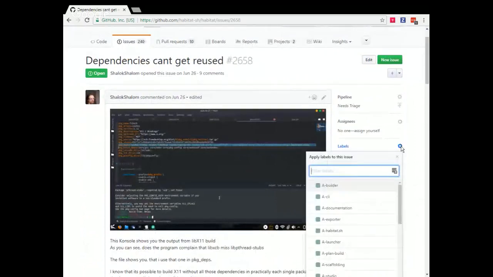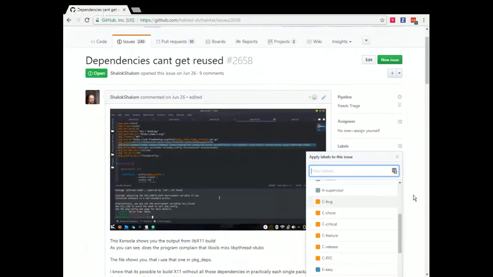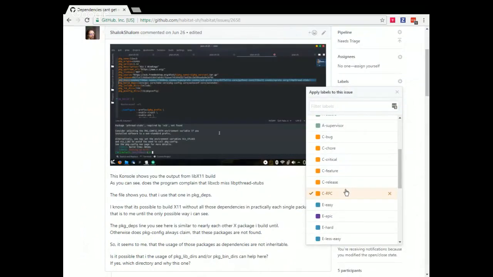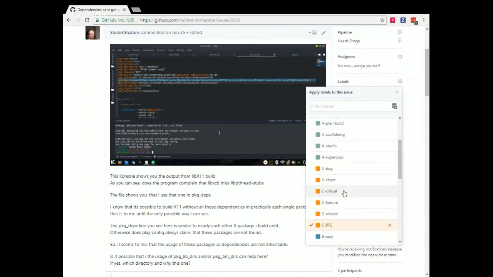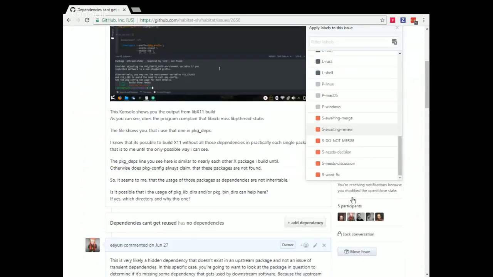For now, what I'm going to do is I'm actually going to flag this as an RFC because I think a change like this would end up being kind of sweeping. And I don't know if we know how we could actually do this without affecting the purity of our Habitat packages and the auditability of Habitat packages. So there may be just some discussion that needs to happen around that as well.